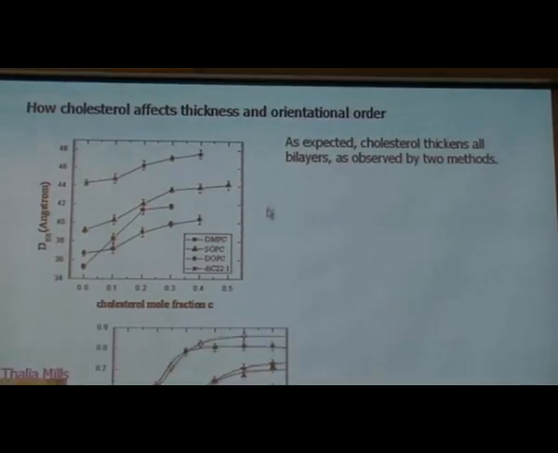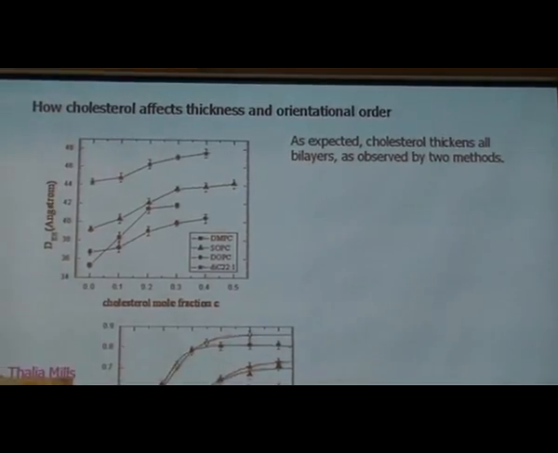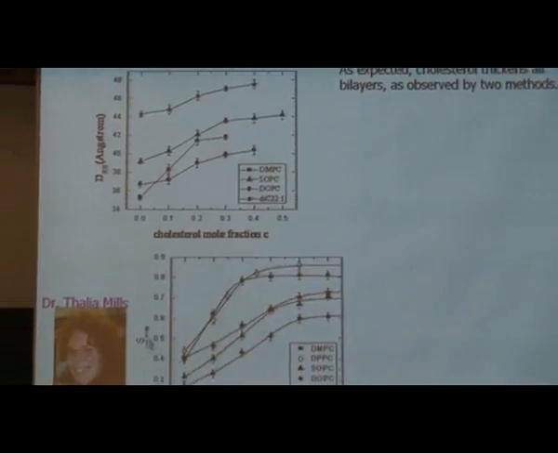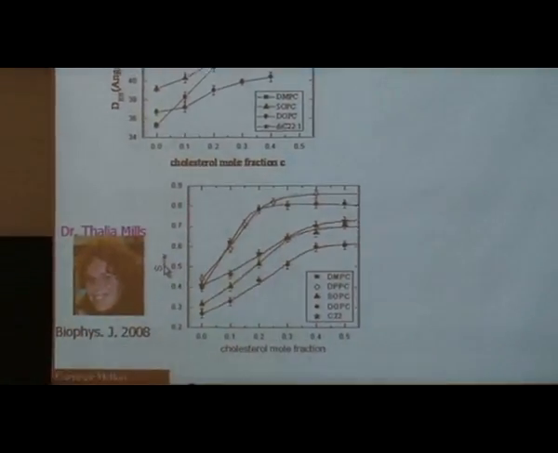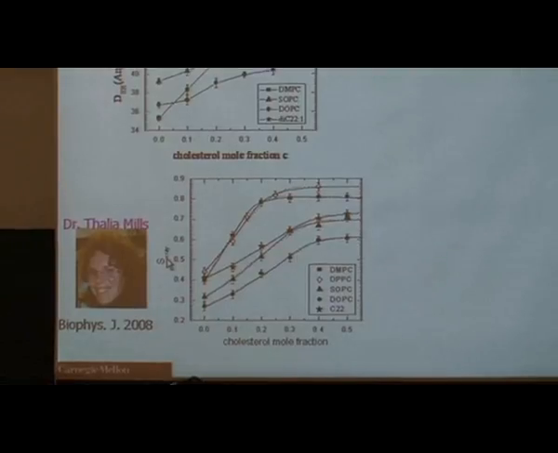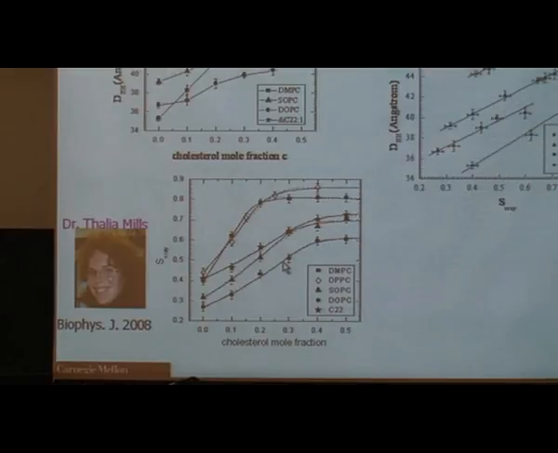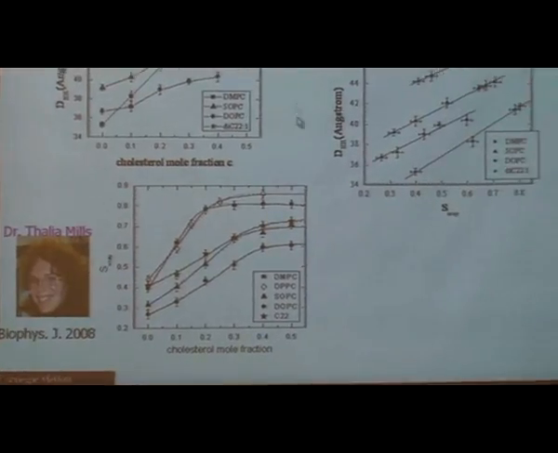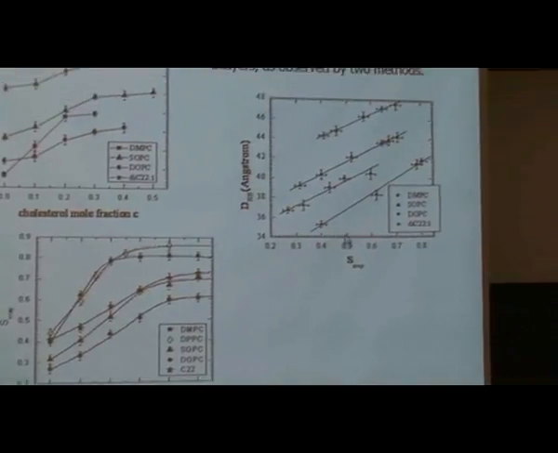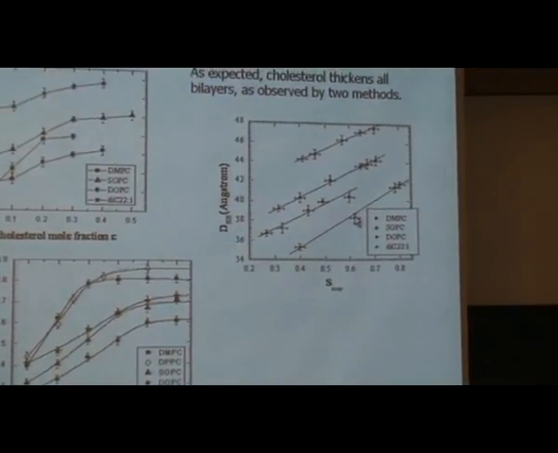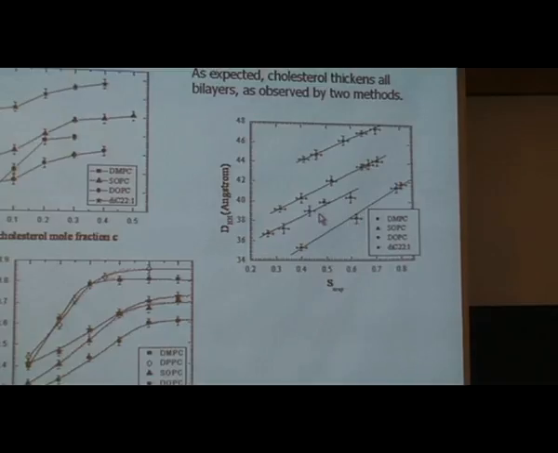And actually, we have a second method that also confirms that. This was a postdoc with us recently. And this is the order parameter for the orientation of the hydrocarbon chains. In the case of the MPC, it increases rapidly and then it plateaus out, whereas the unsaturated lipids is a much more gradual thing. And in fact, these two methods really give the same measure. So if you plot one measure against the other, there are fairly linear correspondences between the two. So both of them are agreeing with each other.